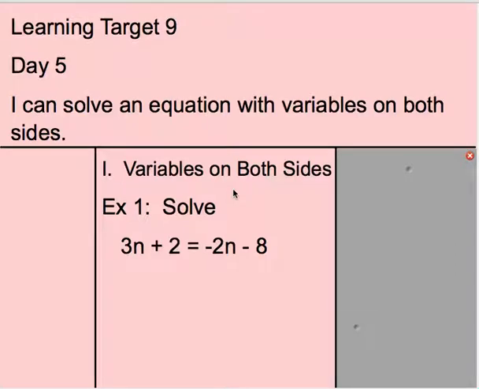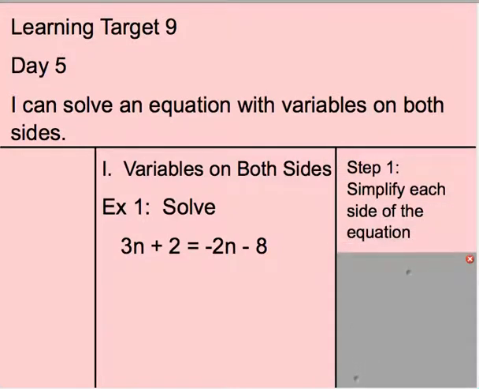So today we're going to take a look at Learning Target 9, which is solving equations. Day 5, we're going to step it up a bit and have equations with variables on both sides. So step 1, anytime we're solving an equation, you're going to want to simplify as much as possible. So when we take a look at our first example, 3n + 2 = -2n - 8,